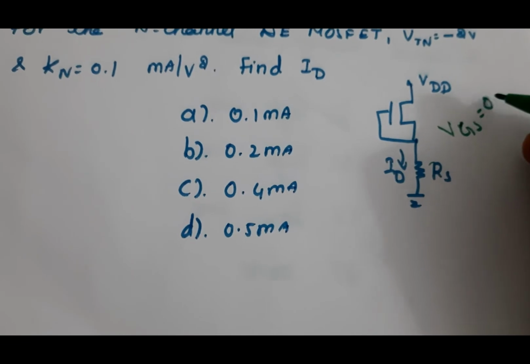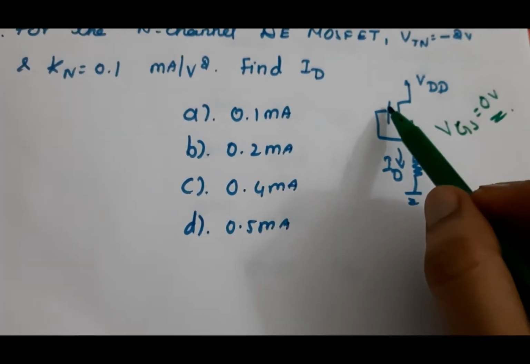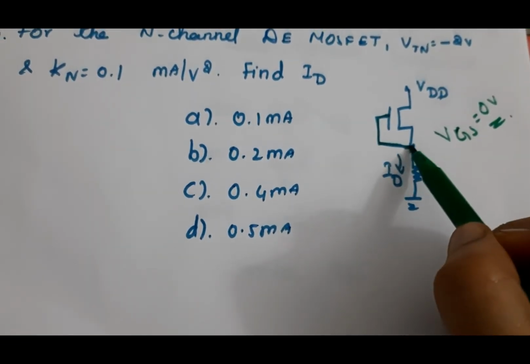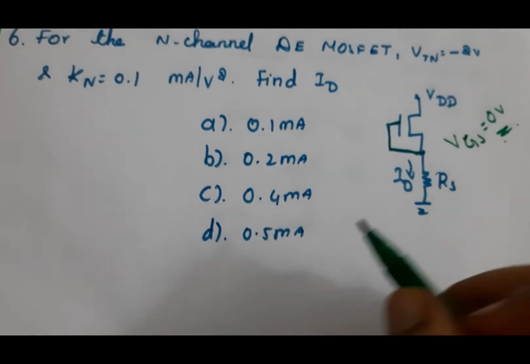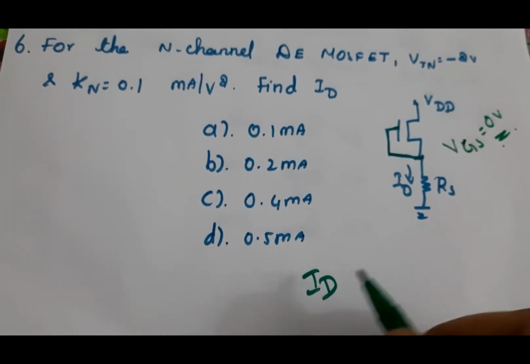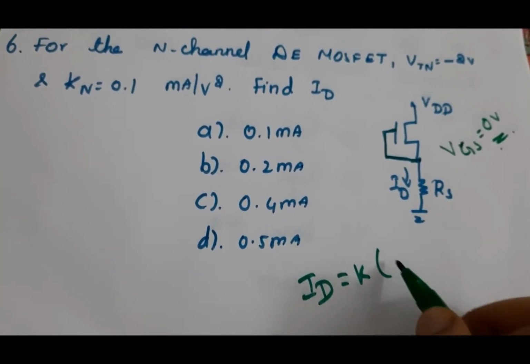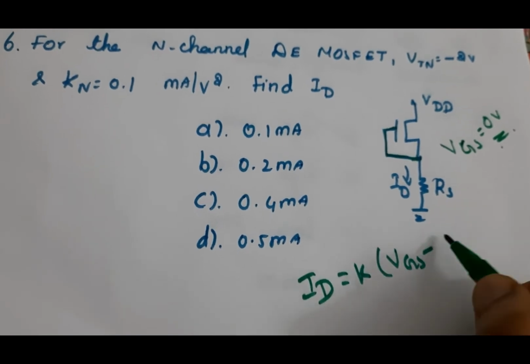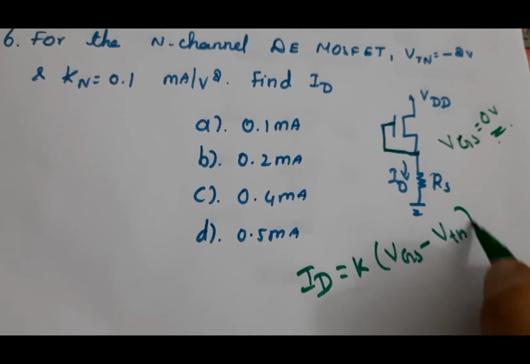VGS is equal to 0 volt. Here there is no VGS value. VGS is equal to 0 volt. So we know the formula, that is ID is equal to K into (VGS minus VTH), the threshold voltage, the whole